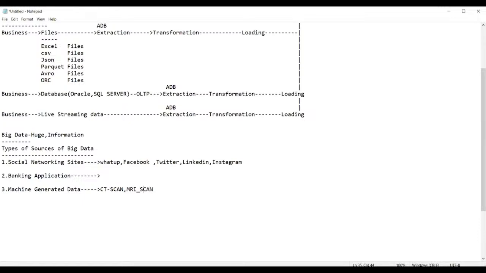We have MRI scan, CT scan, and even ECG machines. These are all the machines which generate some data. Am I right, guys?